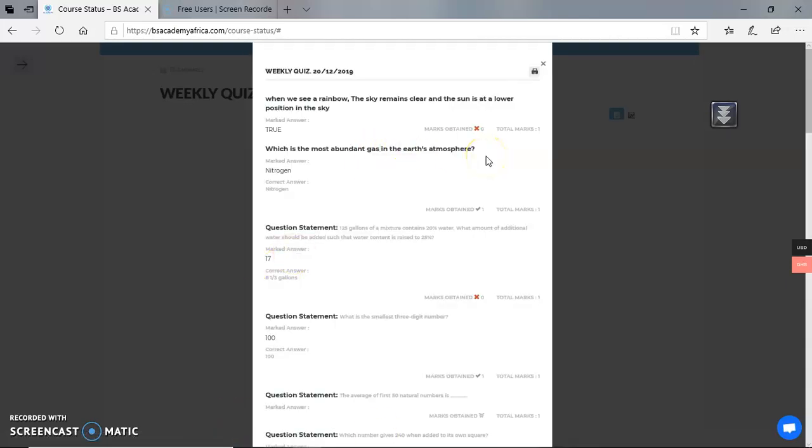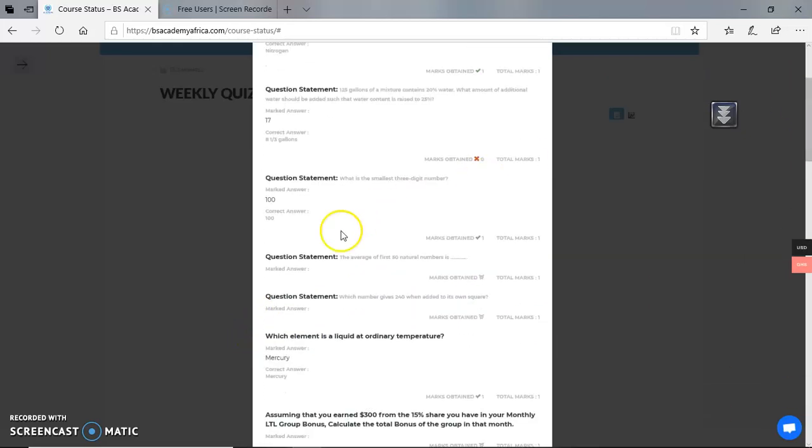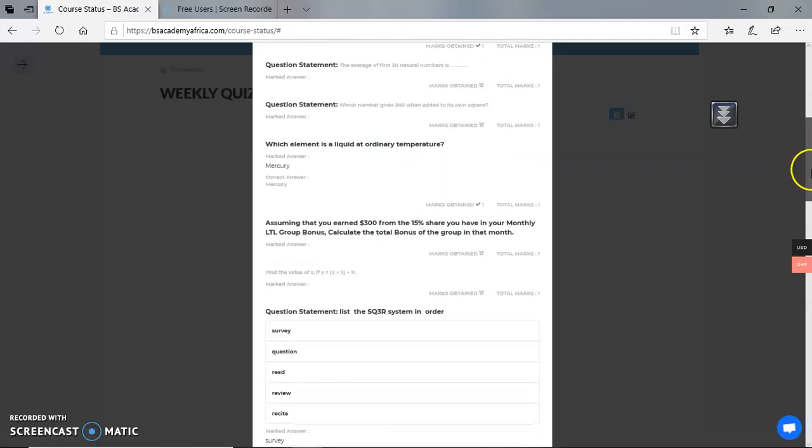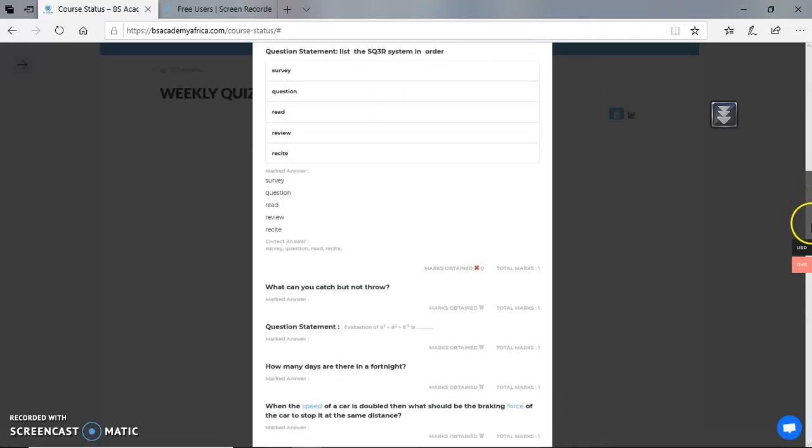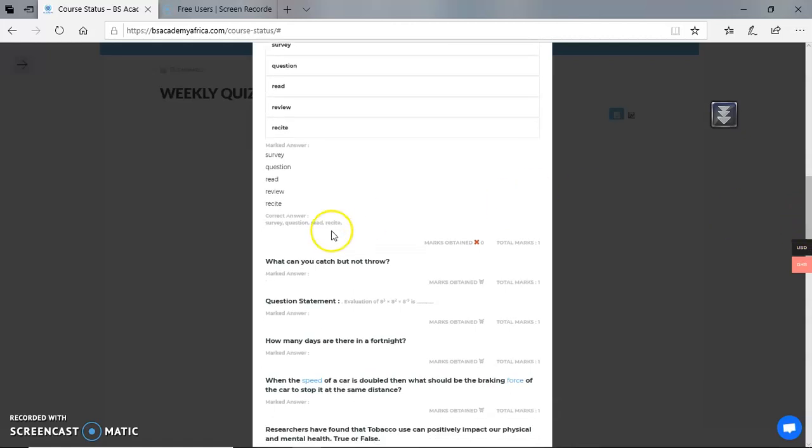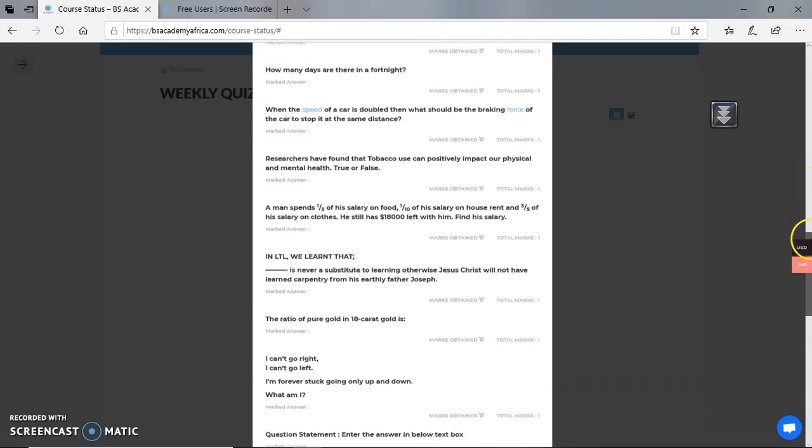That's it. You obtained 0, the answer is true. It's wrong. Nitrogen with maths is correct. 17, the answer is 8.5. 1 or 3 wrong. 100 is correct. It's marked, so it will mark. You see the correct answers and you see the wrong answers. So that's how it is. You see all the